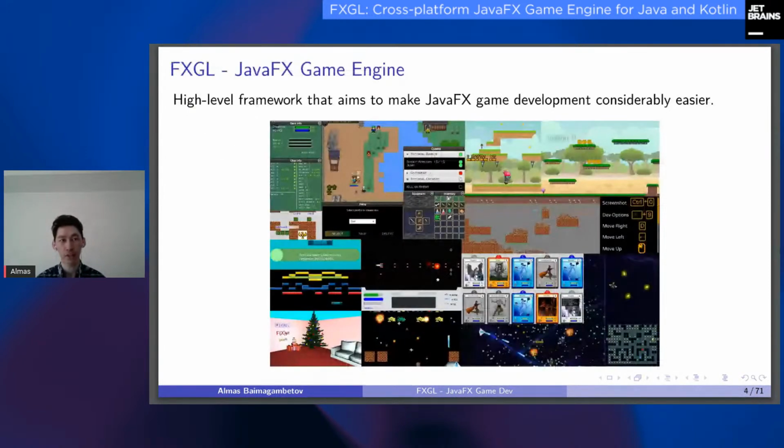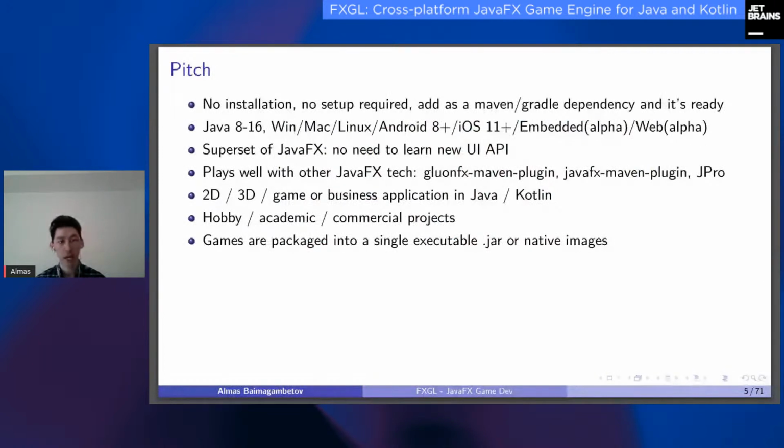So what is actually FXGL? It's a high-level framework / engine that aims to make JavaFX game development considerably easier. So this is the overall aim of the engine, and it achieves that through a range of features that it provides. Particularly, some of the things that we can consider as being the unique selling points of this engine is